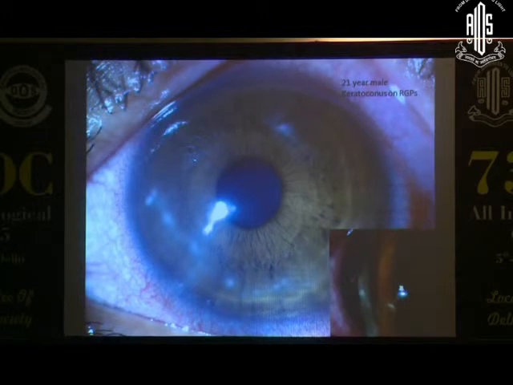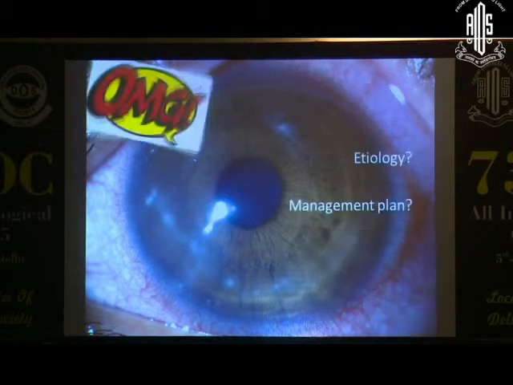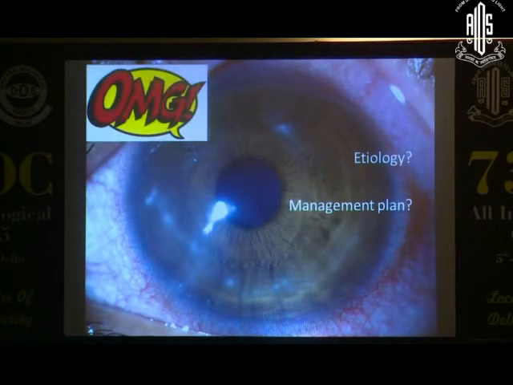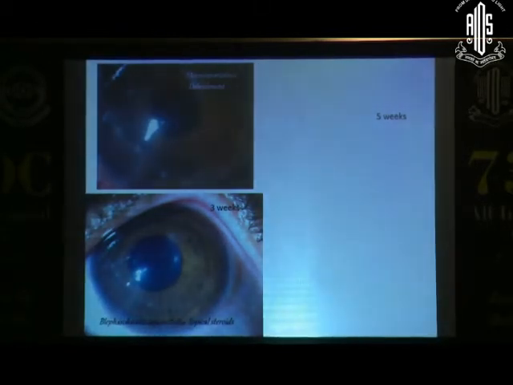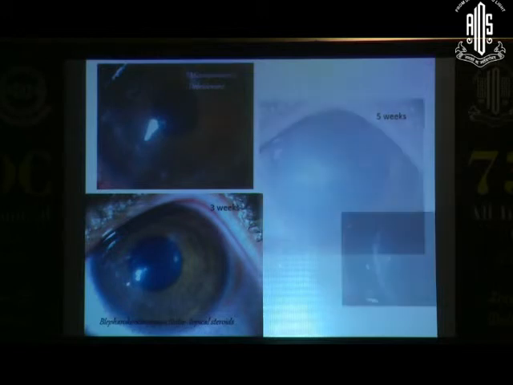Actually, this is a little later. The first few weeks were just some SPKs on the surface, very localized, and again, not knowing what it was, we thought it may be microsporidiosis. We tried a debridement also. We also thought that maybe we are dealing with meibomitis, so blepharokeratoconjunctivitis. Put him on topical steroids. Of course, that kind of quietened the eye, and for a few weeks he was doing okay with that.